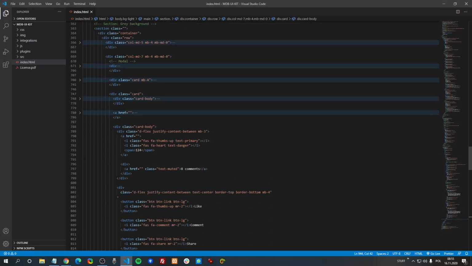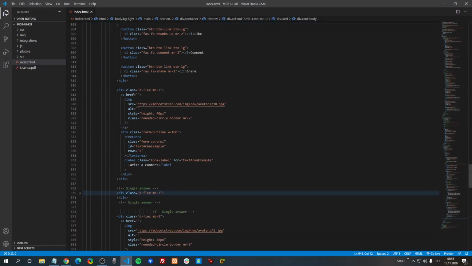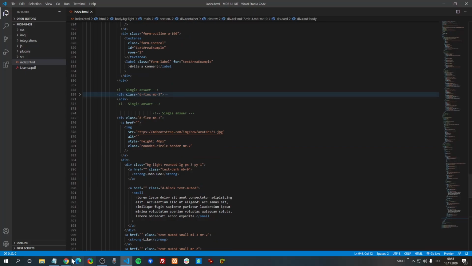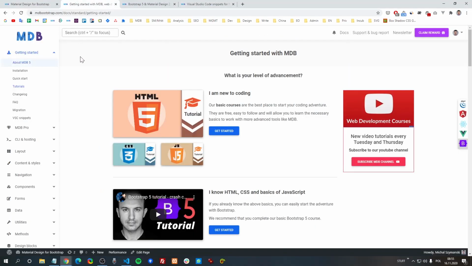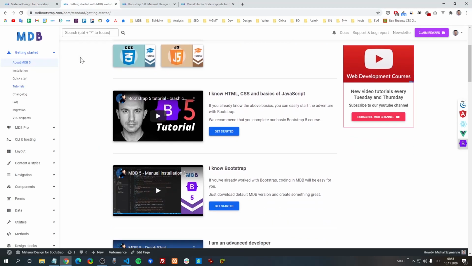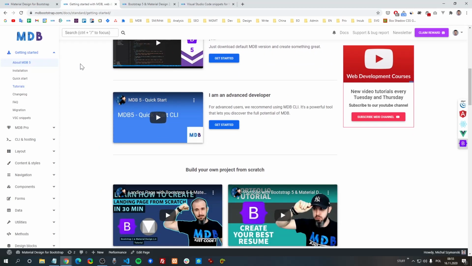Please be aware, this will be a rather advanced coding session, so you need to know HTML, CSS and Bootstrap to follow the tutorial. This is important because I won't go into every detail while coding, assuming you already know the basics. If you don't feel that your knowledge of HTML, CSS and Bootstrap is good enough, that's okay. Use our free tutorials, link in the description, to learn these basics, then come back here and start advanced projects